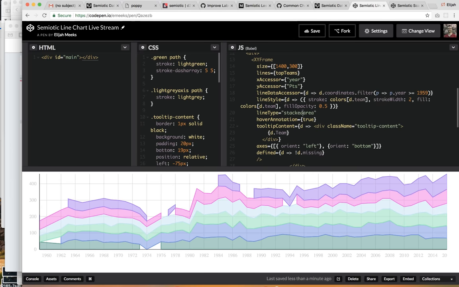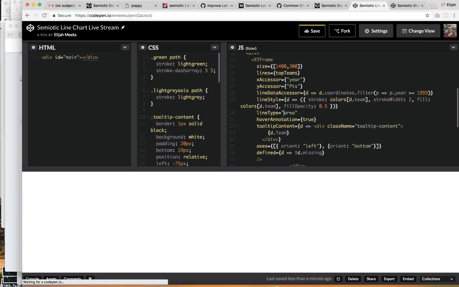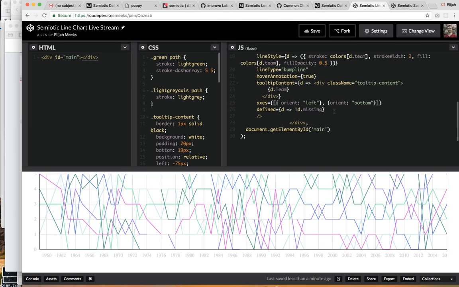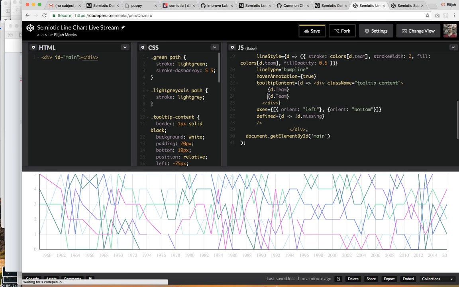Ranking is important, so we could actually use a bump area chart. Well, actually, we'll start with a bump line chart. Bump line chart is a particular kind of chart that looks at rank. So now we're seeing the rank of these individual teams, sorted in such a way that you can see who the top teams are during a particular year, based on the number of points. Here we'll add points in here so we can actually make that out a little bit better. So d.team, and then we'll say points,